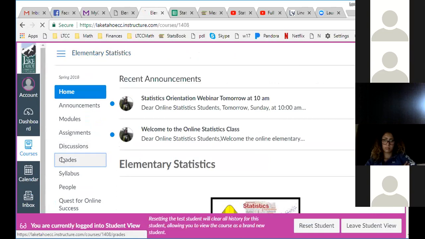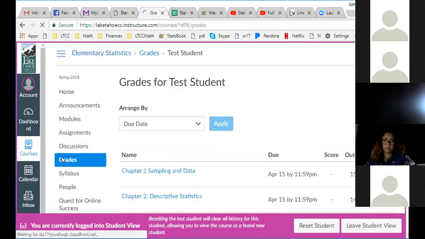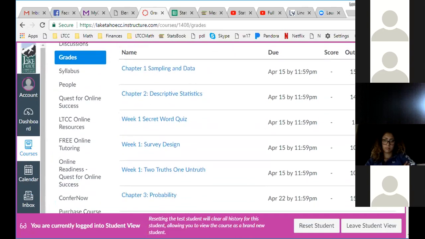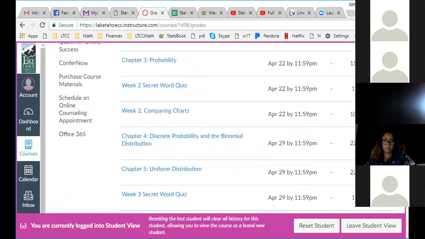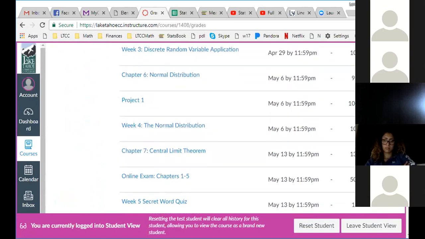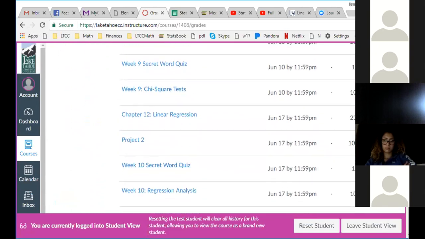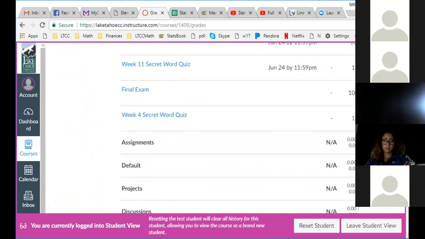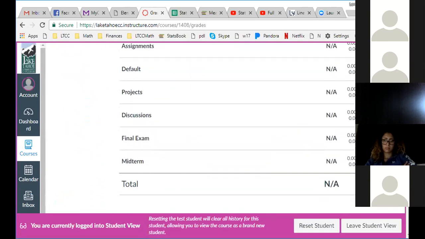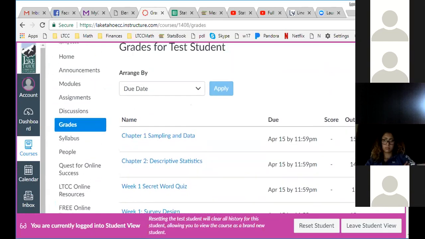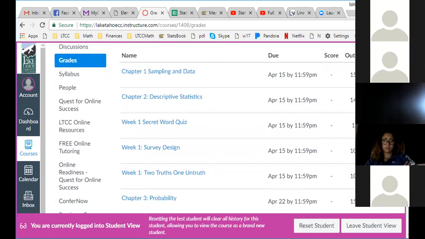If you go to grades, this gives you the grades on everything you've done and everything you haven't done. Obviously, you haven't done anything yet, so it's just going to be a bunch of empties. But through the quarter, it will tell you how you're doing. Right now, everything's NA because nothing's happened yet. But you can look at your grades. So let me leave student view.